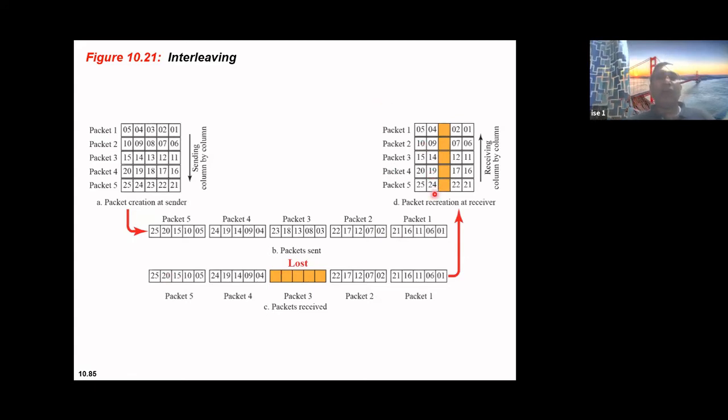But how do I recover this one bit of data in each packet? Now, what has happened is, if you see the sending side, from packet 1 I have lost one bit. Got the idea? Packet 2 also I have lost one bit. Packet 3 also, packet 4 I have lost one bit, and packet 5 also I have lost one bit.